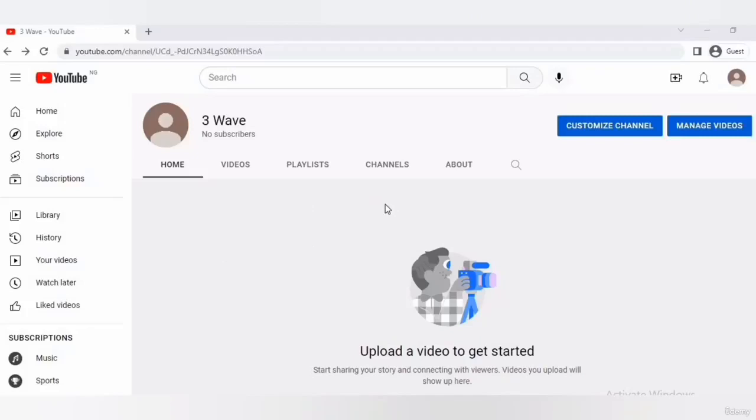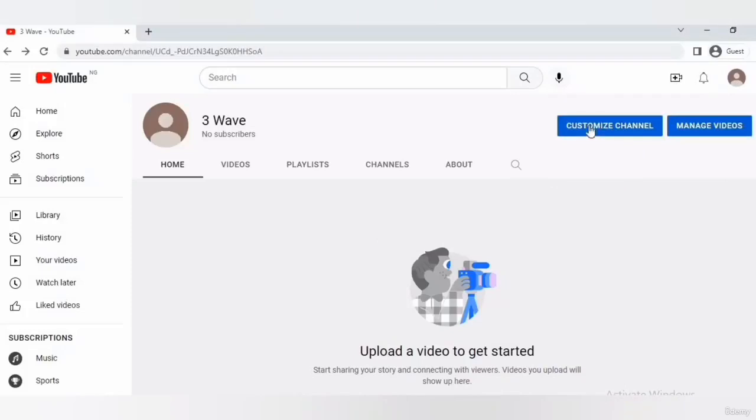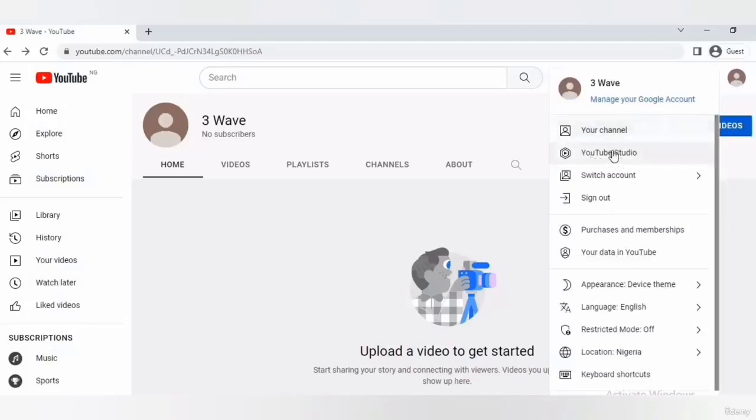So there are actually two ways to customize your YouTube channel. The first one is when you come to YouTube and click on your channel, it's going to bring you right here and you get to see the customized channel. And the second way is when you click on YouTube Studio, the second one here, and it's going to take you to YouTube Studio where you get to actually see